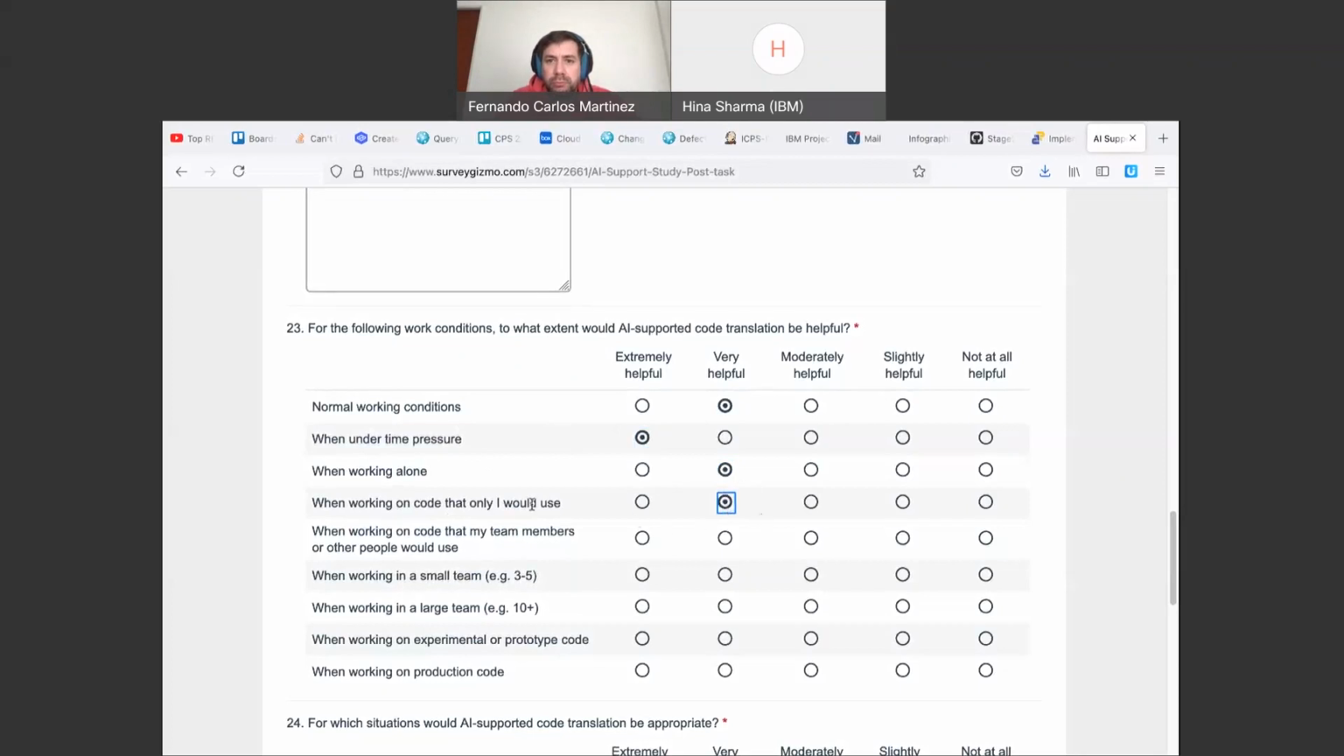I think it's much better that if I have something that is for me only and I take it, there will be no customizations required. When working on code that my team members or other people would use, it will be